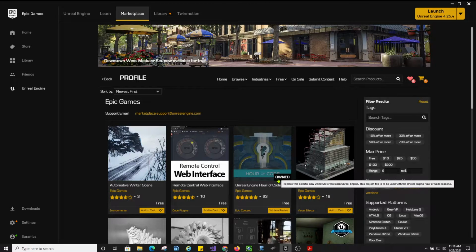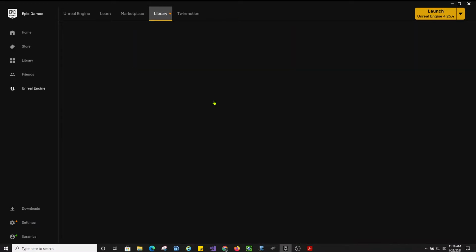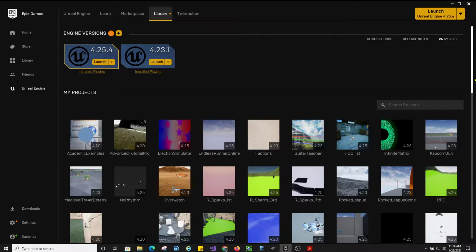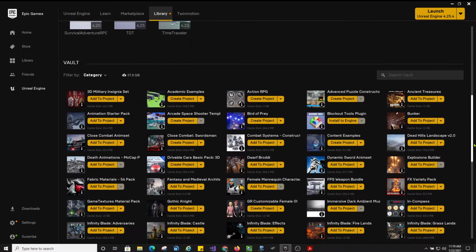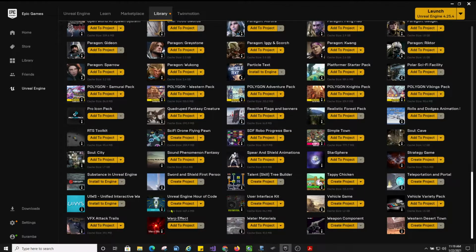I already have it here. What you want to do is click on it, add it to your cart, and then check out. Then it will allow you to access it from your library. You'll want to go down and you should be able to find it. I've got a ton of stuff here. You want to find this Unreal Engine Hour of Code, and it gives you the option to